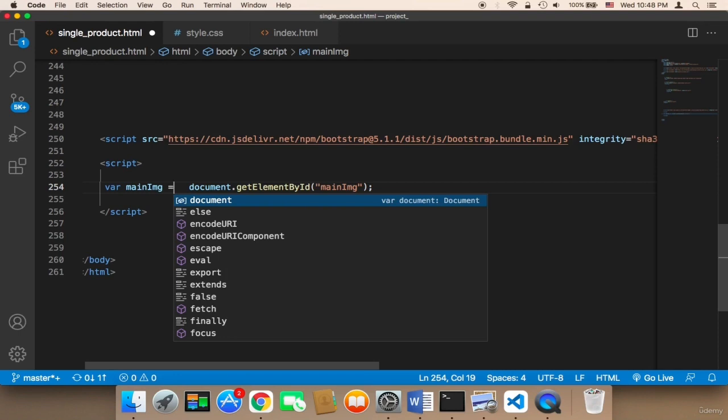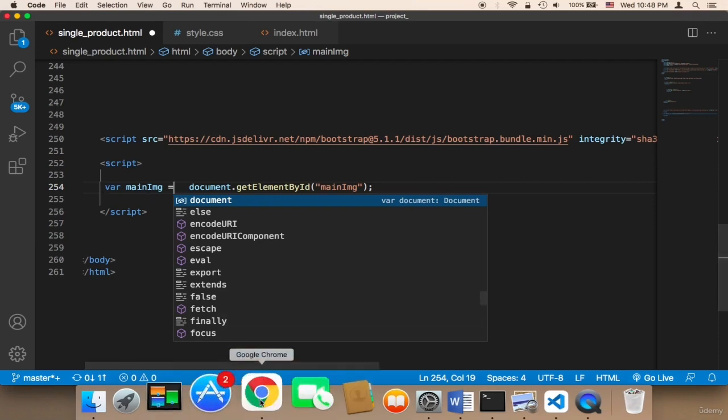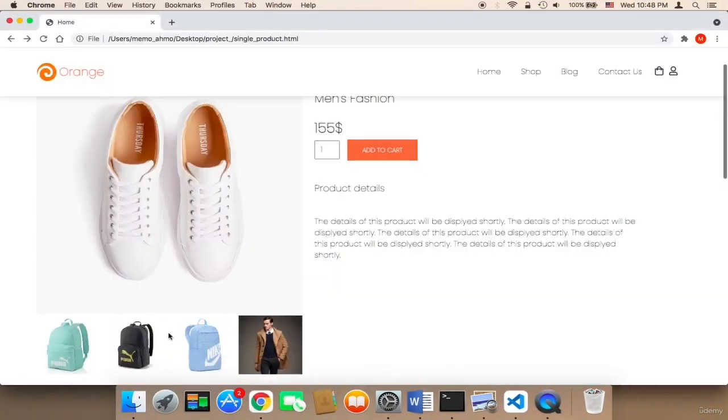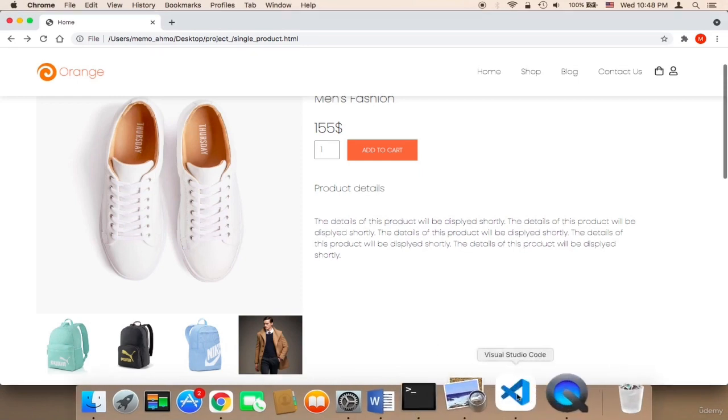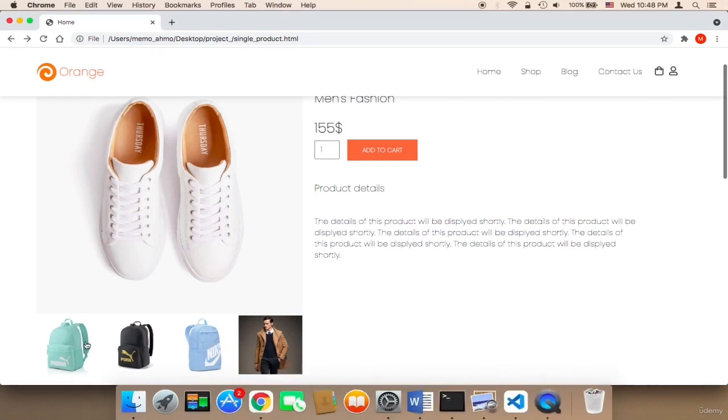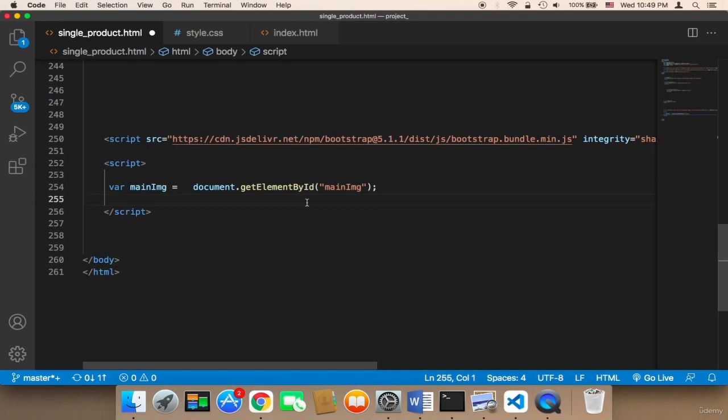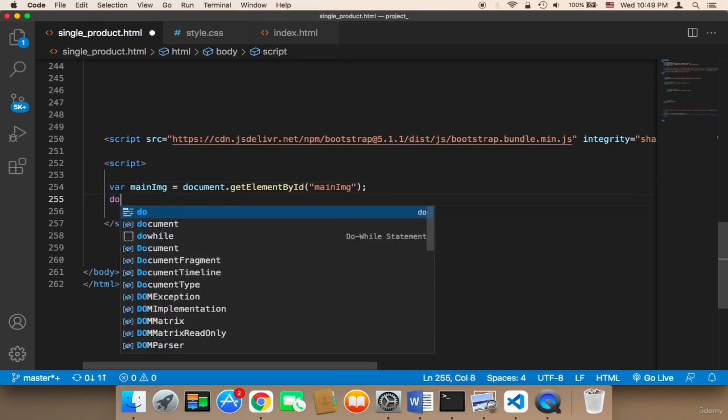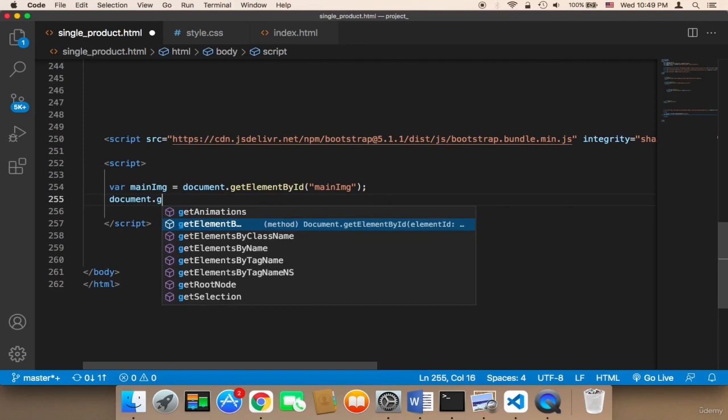Now what we need to do is replace this main image with one of these images upon clicking on one of these images. Therefore, we need to make reference to these images. So in order to make reference to these images, we need to use the document.getElementByClassName. So I'm going to say here document.getElementByClassName,